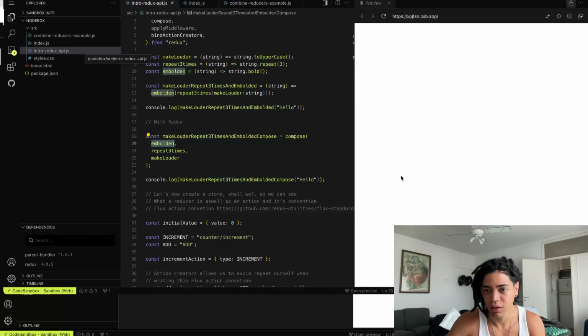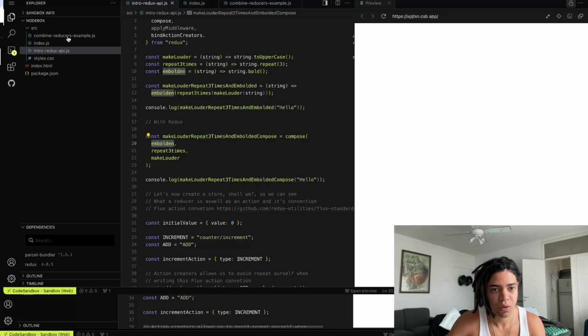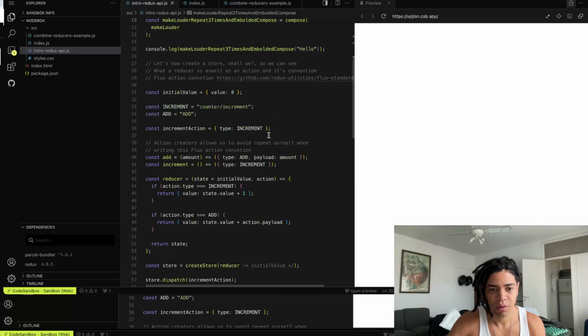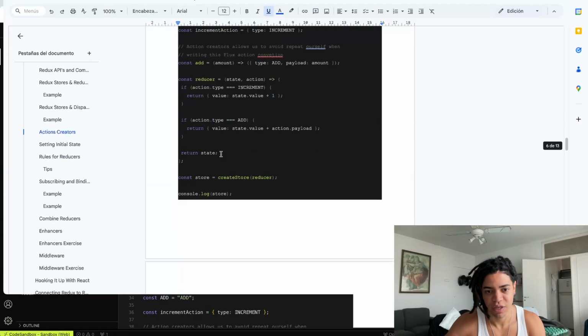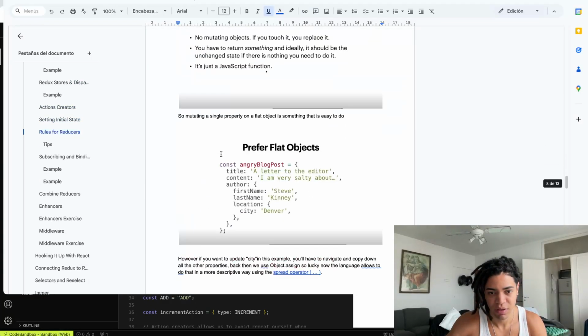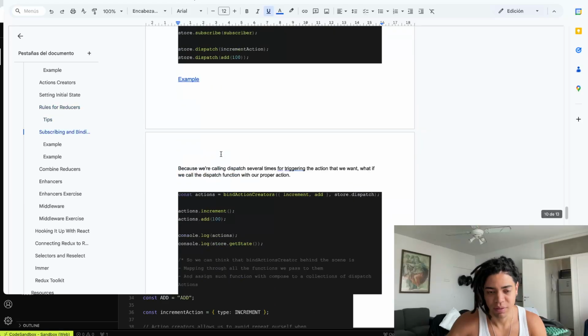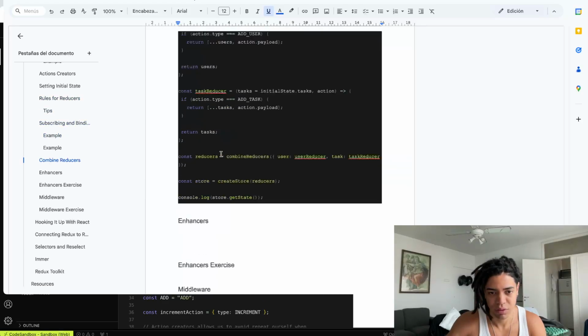So if we take a look now at the DevTools here, or if we take a look now at this example that is showing up, for example,